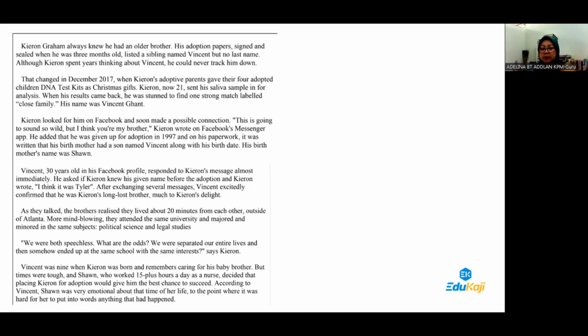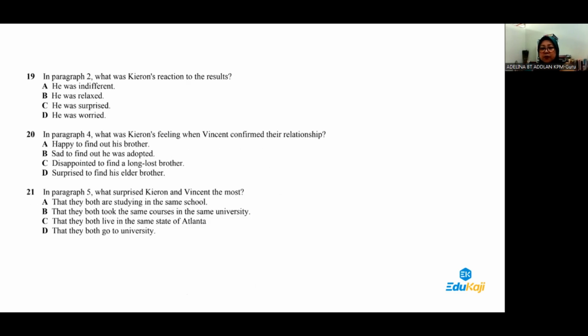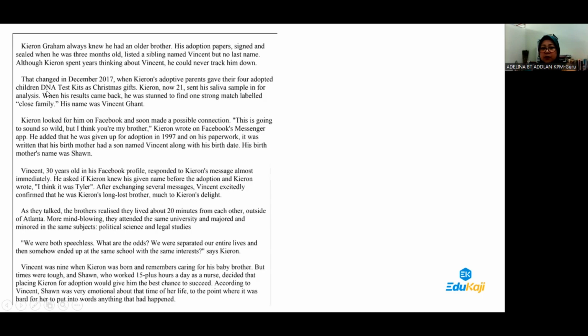Okay, right? But if you were to see the difference of this question compared to the previous ones, it here directly tells you which paragraph to get the answer. I think the first set of questions that we discussed did not mention the paragraphs where to get the answer. But in the second set that we discussed, in almost every question they will tell you from which paragraph, which paragraph, which paragraph. So students, you have to see, highlight the word in paragraph 4, meaning that to get the answer for question number 19, students actually have to look in paragraph 2 here.